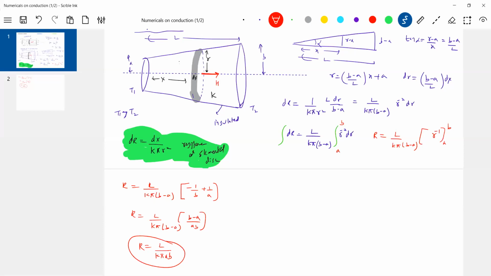So this is about the resistance of this one, and I am interested in the temperature of this one. How to get the temperature of this? Let T be the temperature. Here is where the thinking-based numericals will start. This is about mathematics. I want the temperature of the rod at a distance x along the axis, because the left end is at temperature T1 and the right end is at temperature T2. What can be the temperature at this particular point, at a distance x, where the radius is r?